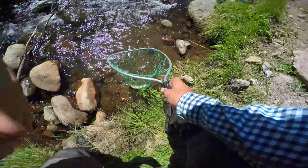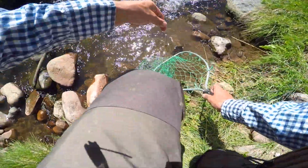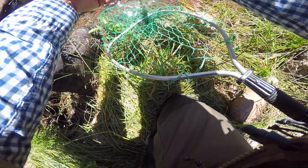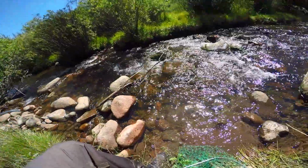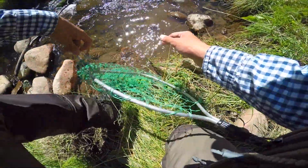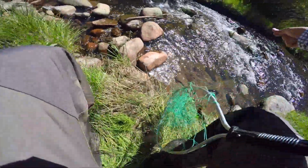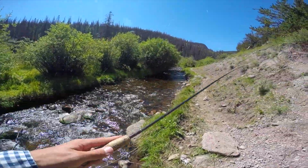I caught this fish, you can see I released it here, and once we got it released, I wanted to see if there were any other fish holding in this pool. So I watched for a little bit after I released this one, and I did see some feeding. So I threw it back out there, and you can see what happened. I absolutely hate this net, so I soon replaced it right after this trip. After I get untangled here,